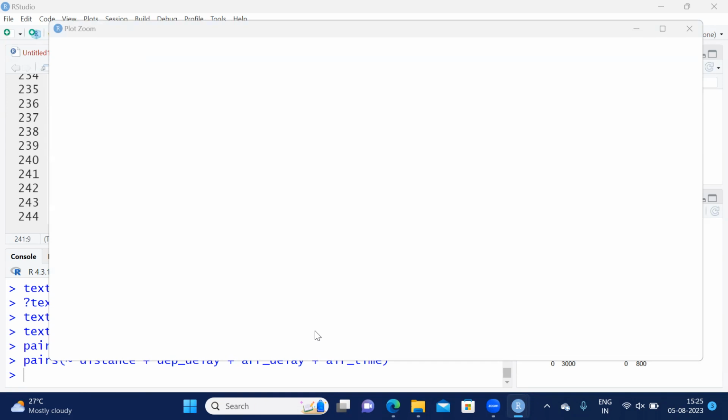It should come. It's taking too much time. Zoom will also work, Siddhi, but